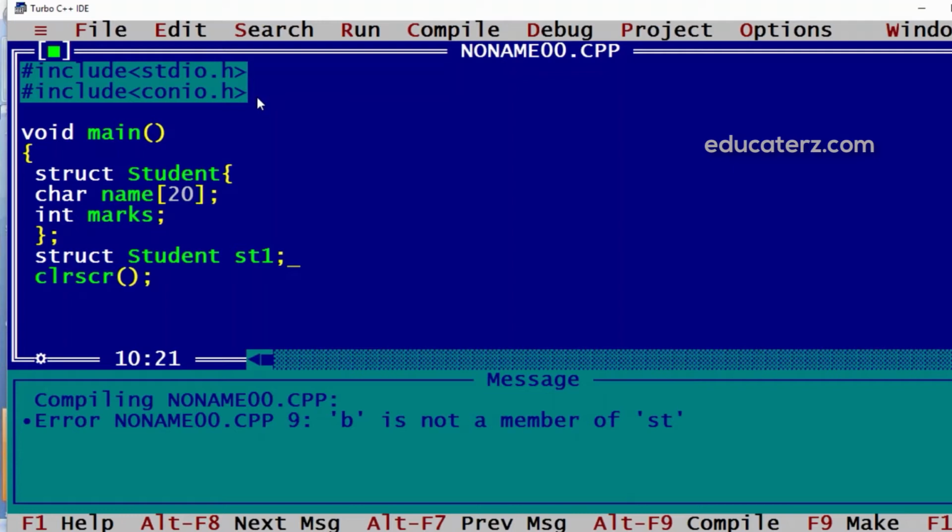Similarly here st1 is a variable of type struct student. Now st1 will acquire memory for all the elements which are declared in structure student. In our case we have two elements, that is name and marks. So we can provide values to them using the dot operator, and we can access them using the dot operator.